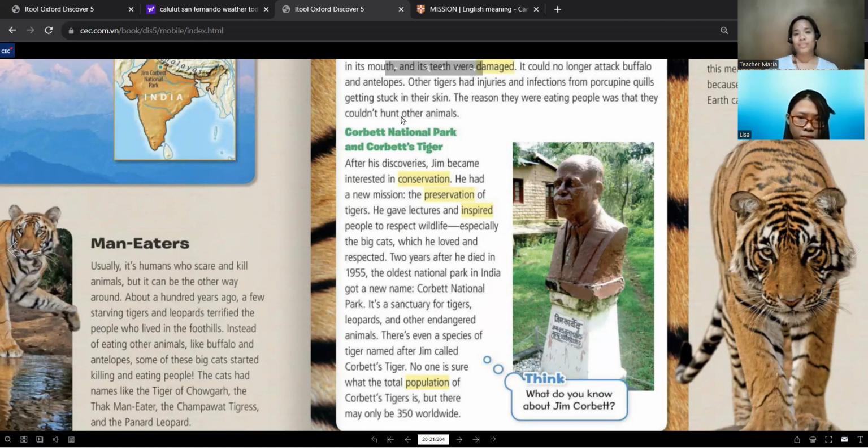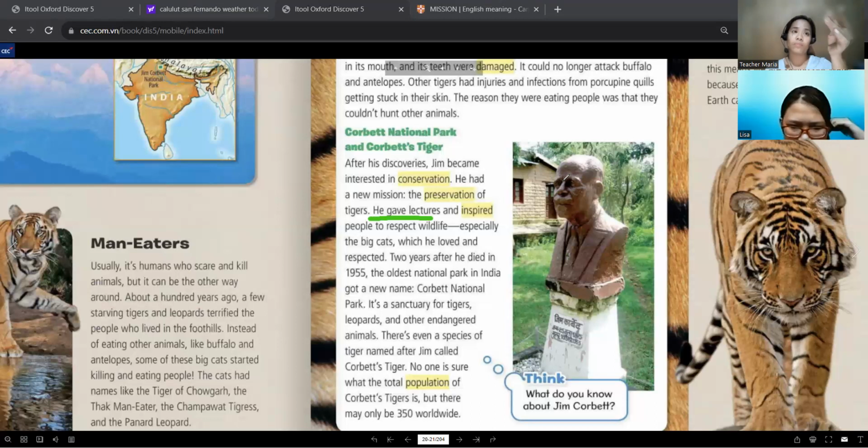What did he do? In order for him to achieve his goal, his mission, what did he do? He gave lectures and encouraged people to respect wildlife, especially big cats, which he loved and respected. Yes, he loved and respected the big cats